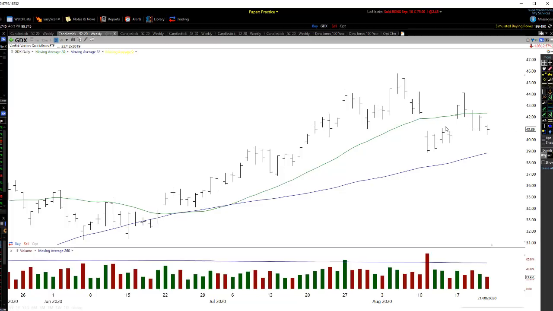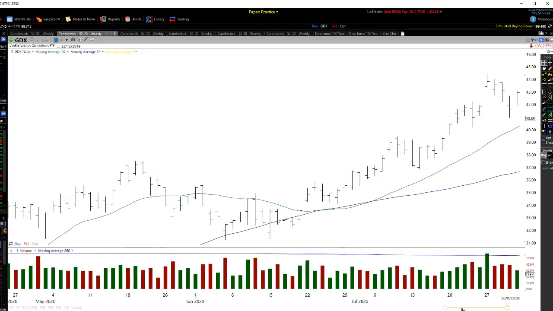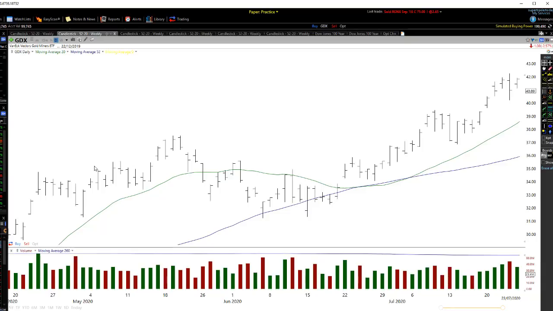We're starting to get a flattening of the moving average, but the 52 is trading up. Once again, guys, expect a lot more volatility, gap down, gap up, and all this sort of stuff. But the highest probability is when the 20 and the 52 start to trend in a direction. As you can see back here,